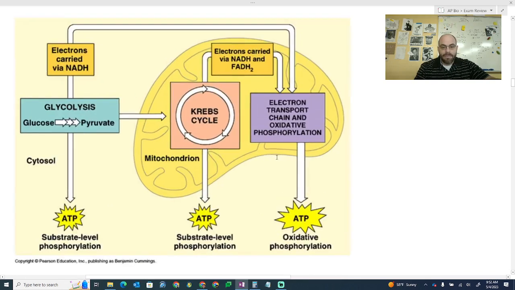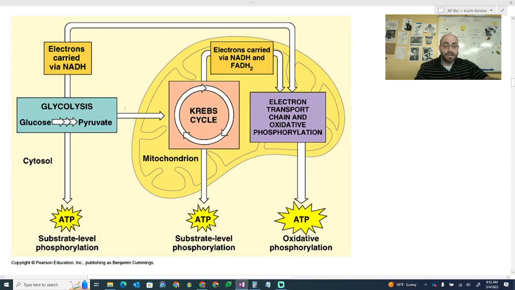And let's move on. If oxygen is not present, something else is going to happen. We'll talk about that later. But if oxygen is present, these pyruvates are going to move into the matrix of the mitochondria, and they're going to be broken down. The purpose of the Krebs cycle is to make electron carriers. Some ATP is being made, but it's very little in comparison to the whole. And so the Krebs cycle's main purpose is to break down pyruvate to make electron carriers,